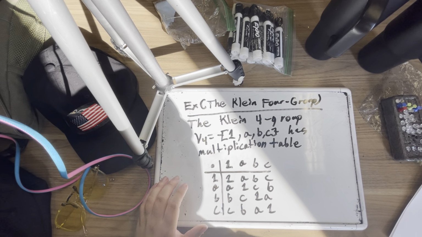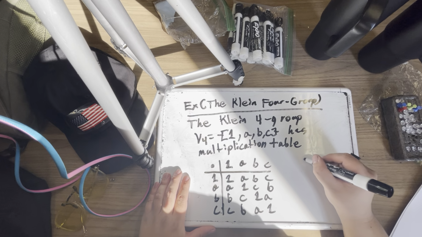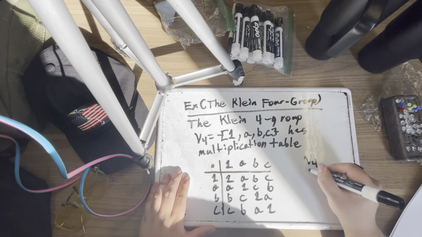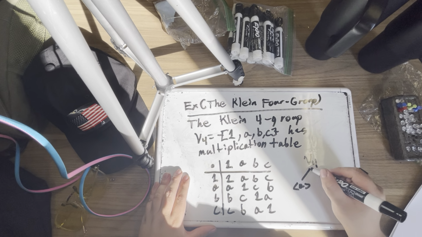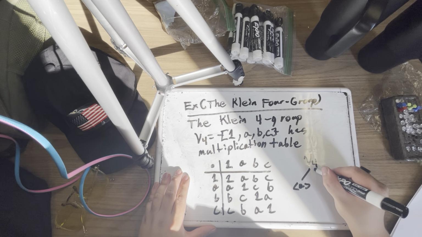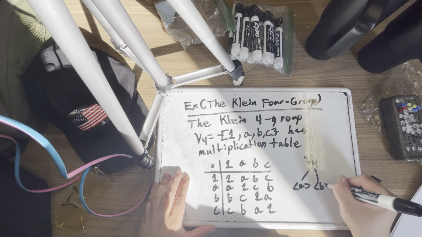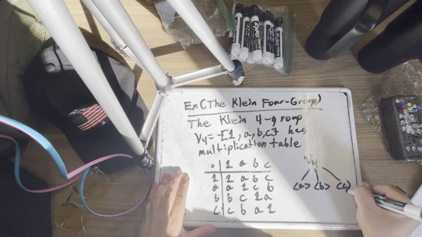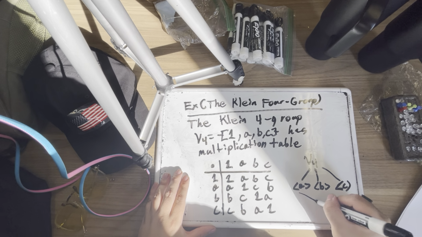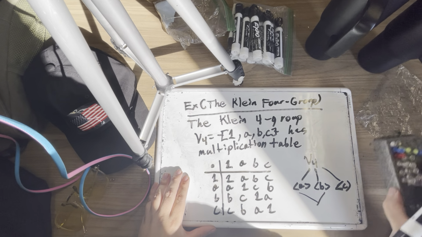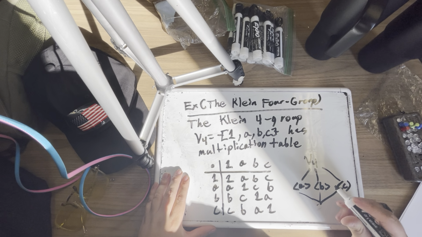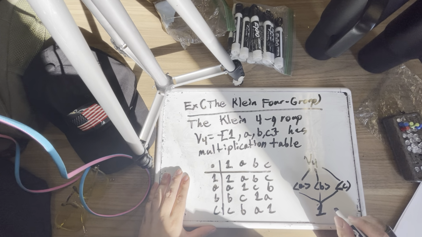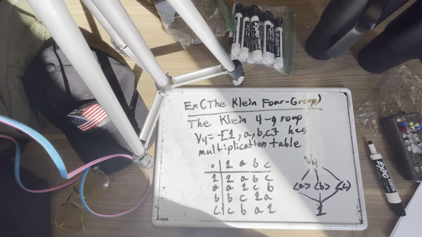What does its lattice look like? Well, the lattice looks like this. So you have our notation V sub 4, and then lines to the group generated by A, the group generated by B, and the group generated by C. And then finally, all of these connect via one line. Each has its own line, which connects to the identity, right? So that's pretty cool.